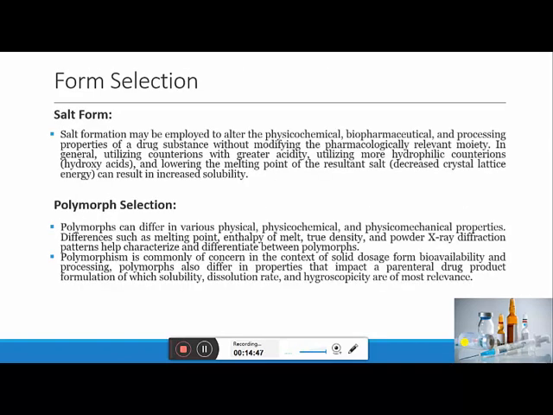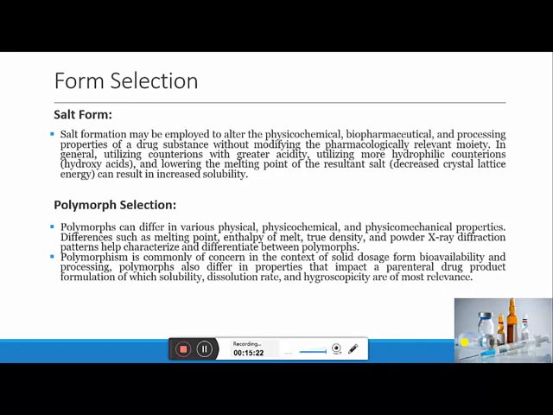First one is salt formation. Most of the drugs are either weak acid or weak base, and they are combined with either base or acid to convert into salt form. Why is salt formation done? Because for parenteral formulation, solubility is an important characteristic and improved solubility is generally a requirement for the parenteral dosage form. So to improve the solubility, salt formation is generally done.